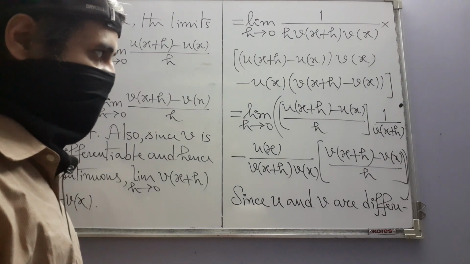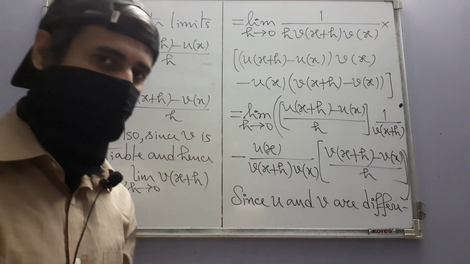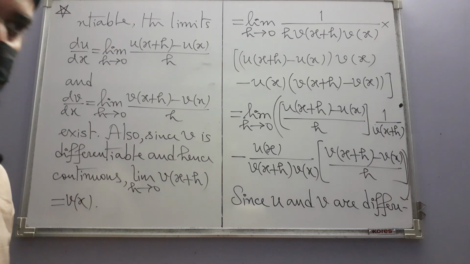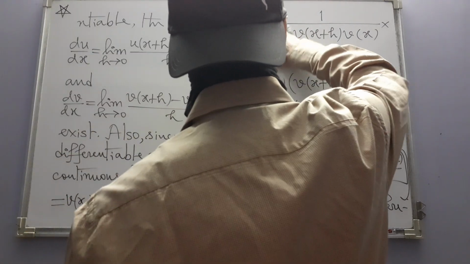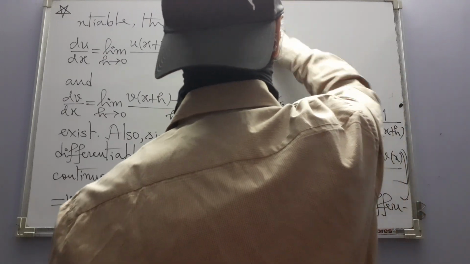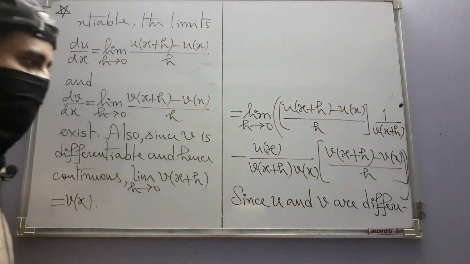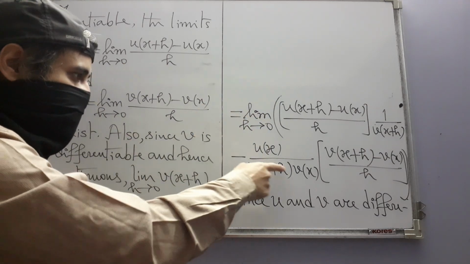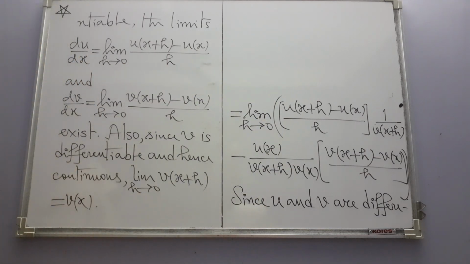Hence, now we can use the limit laws like the previous proof and write what this will be. Since I do not have space anywhere else, I have to write it here. So after this and this, we are going to continue this thing and write